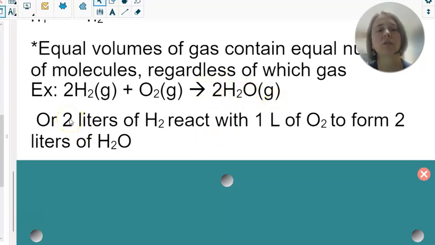But we could also say a volume, because we know moles and volume are the same when we're talking about gas. So 2 liters of hydrogen react with 1 liter of oxygen to form 2 liters of water vapor. So the volumes are going to be consistent if we have the same number of moles, even if they are